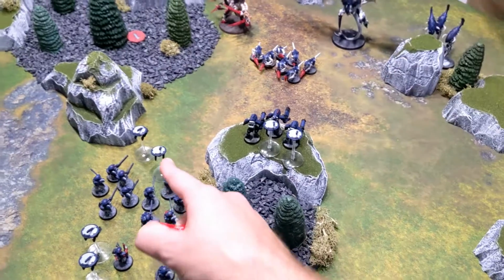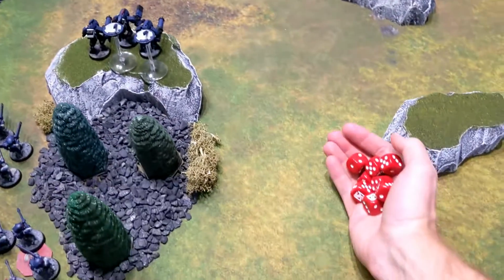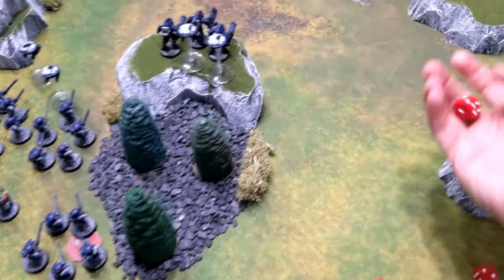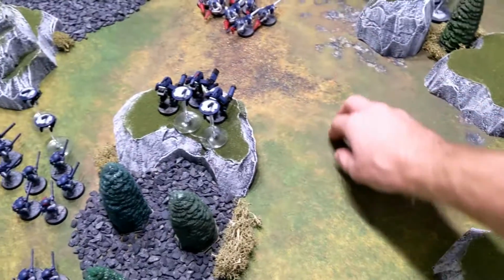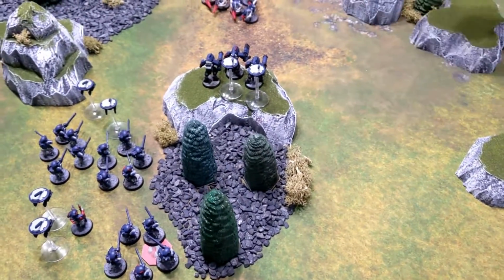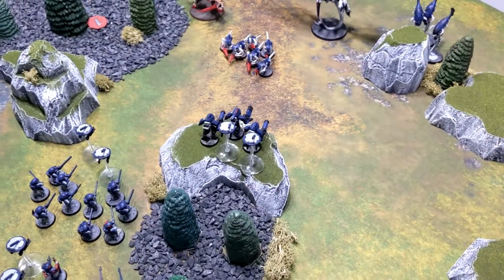All right, this squad of Gundrens, same thing. 8 shots hitting on 5s. What do we have this time? Just 1. 3 to wound. 1 wound, no AP. Ooh, almost. Man. And then we might as well, this last set of Gundrens up top with the stealth team, they will